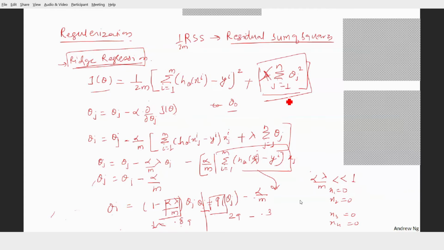Now, when this term is added, our entire learning is going to be based on this ridge equation. Until now, your theta updates were happening based on the earlier equation. Now your values of theta are going to be updated based on this modified ridge equation. Okay, now your j theta is modified, is updated, and finally the effect of this can be seen here in the term like this.